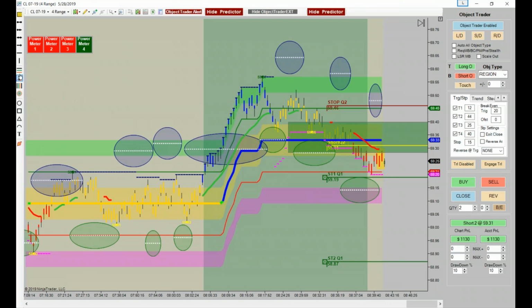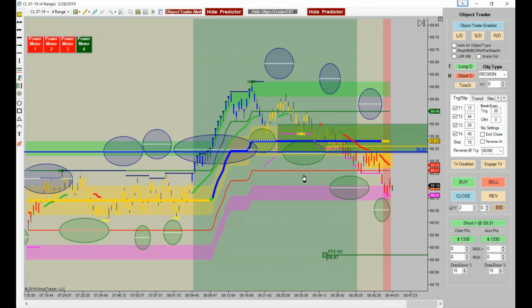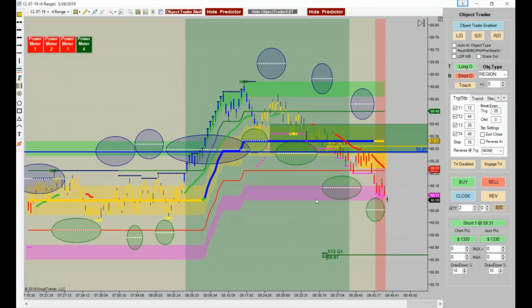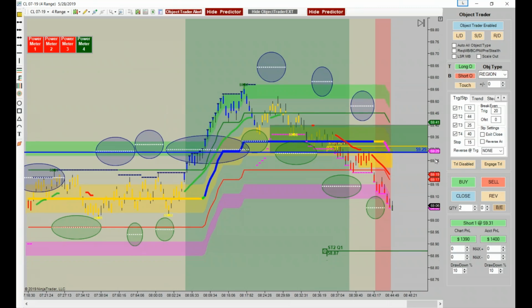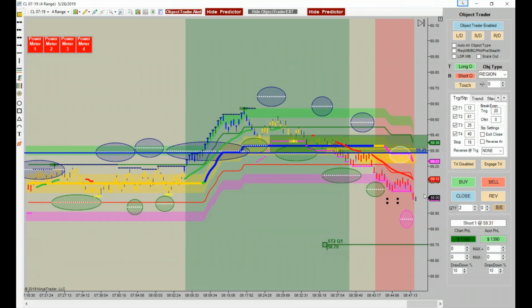But notice how it kissed that Lightning 3 right here. That's a pretty good area to short. If they break your support area and then they kiss it as resistance, those are usually pretty good areas to short. And see, you've got a red background and a mid-band, so you can't take a phantom now. Everybody see that? Okay, you took the phantom, but didn't hold the pullback. On this phantom right here, Jonathan,